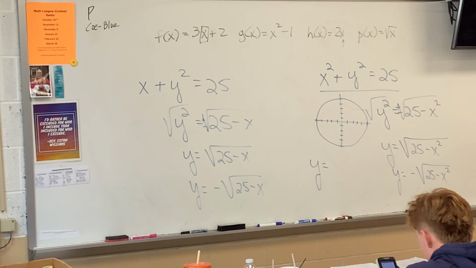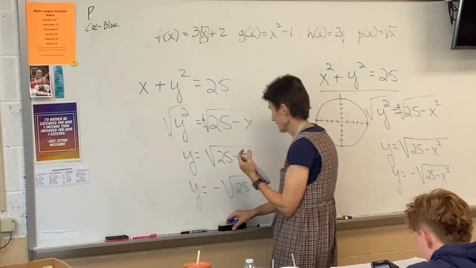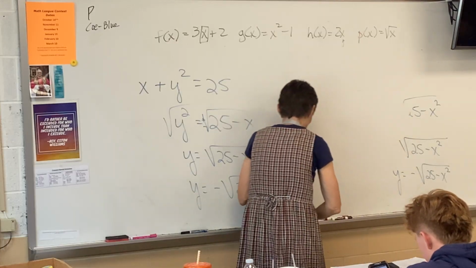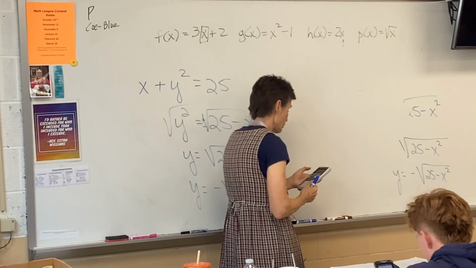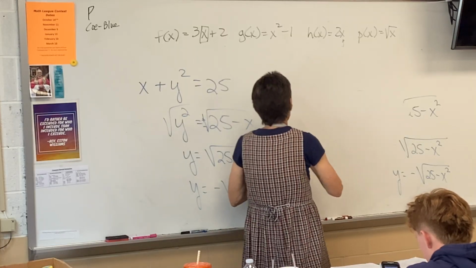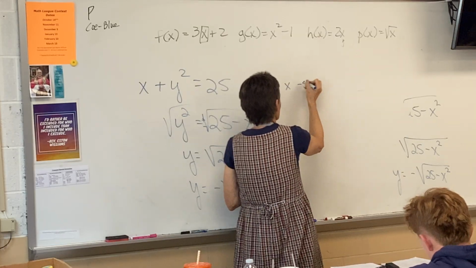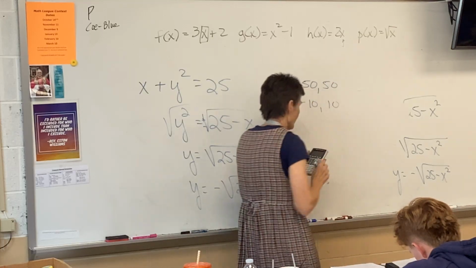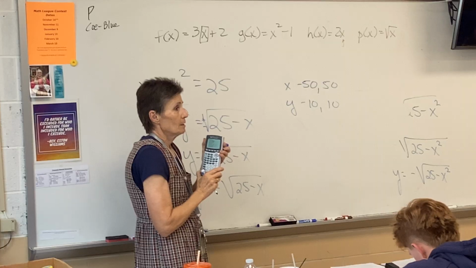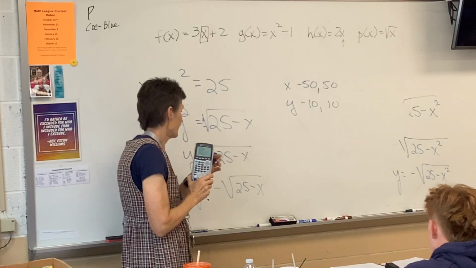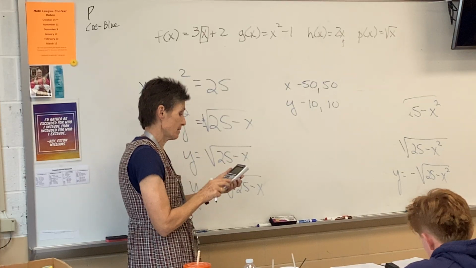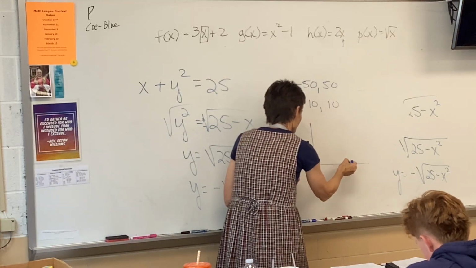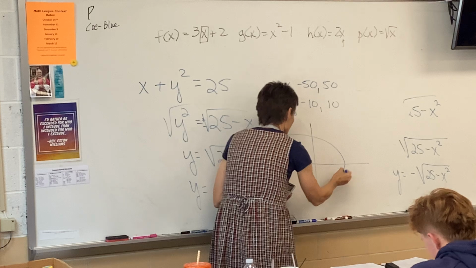Why is mine different? Well, you made your y's different. I got a sideways version. So my x's are negative 50 to 50, and my y's are negative 10 to 10. So that's my window. These are my equations. If you do it right, you're going to see this picture,